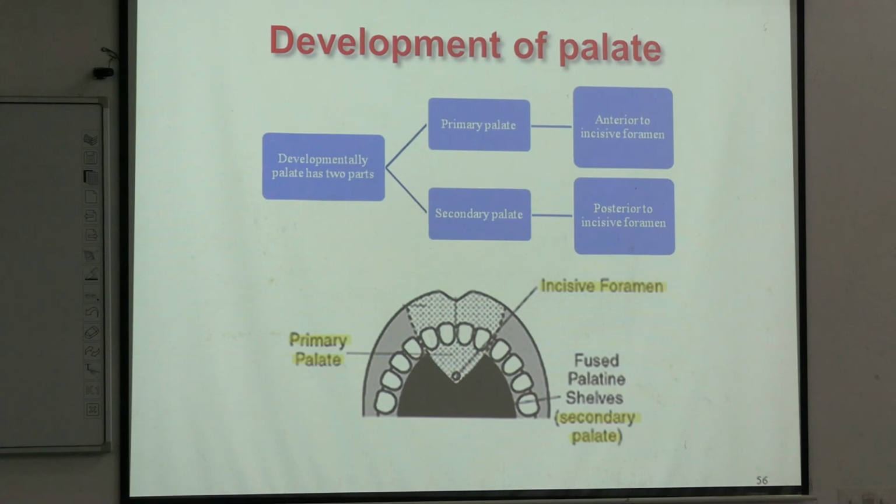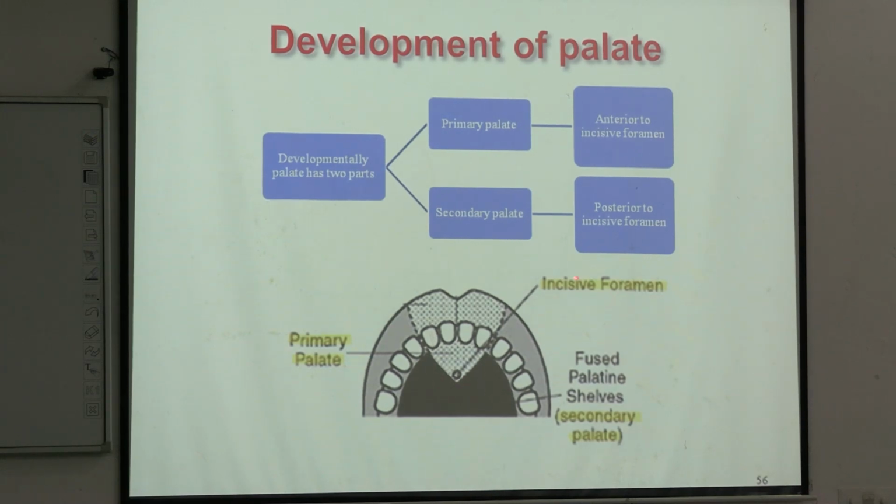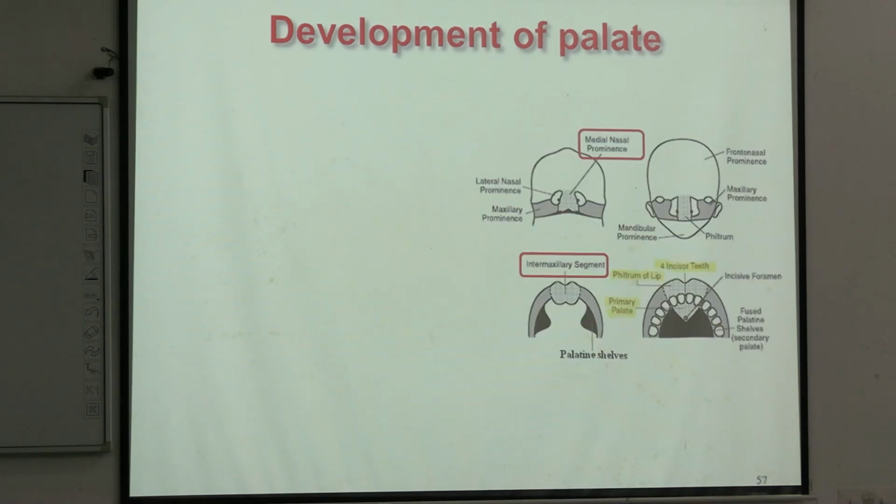Now, the secondary palate develops from the part which is posterior to this line. If you look at this palate from the side, we have a foramen there, which we call the incisor foramen. Anterior to this incisor foramen, we call it the primary palate, which is a very small narrow strip of tissue. Posterior to it, we have the bony palate, the rest of the palate, which is the large bulky part of the palate. Now, the secondary palate develops from two sources. Again, if you go back to the development of the palate,